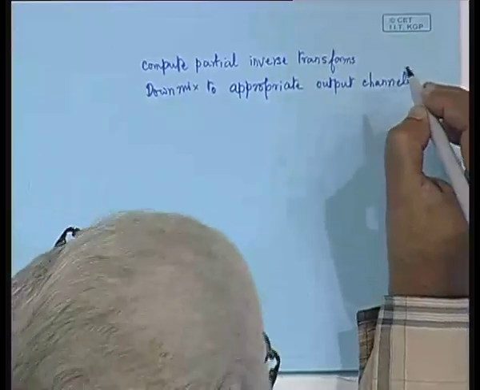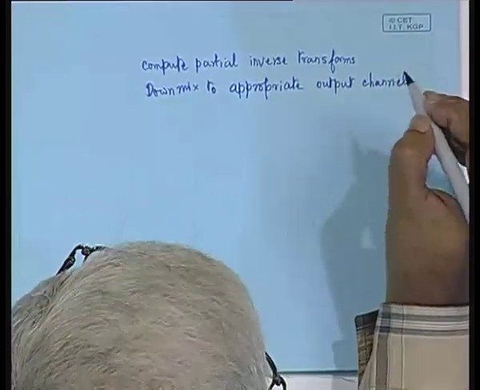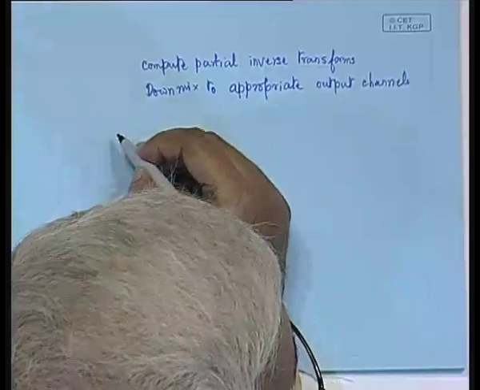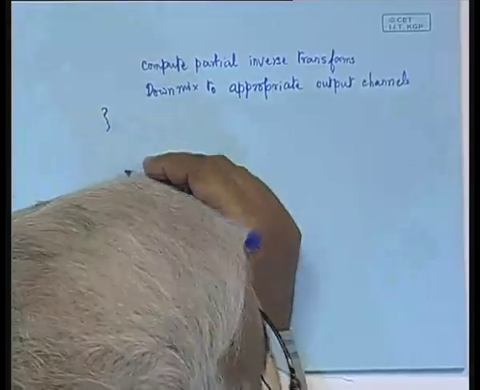I will be explaining why these input and output channels are important. Basically, the number of input channels and the number of output channels need not be the same. In fact, that is what the down mixing block does: it matches the number of input channels into a different number of output channels. This I will be showing you a little later, but after down mixing to the appropriate channels, then what we do is that